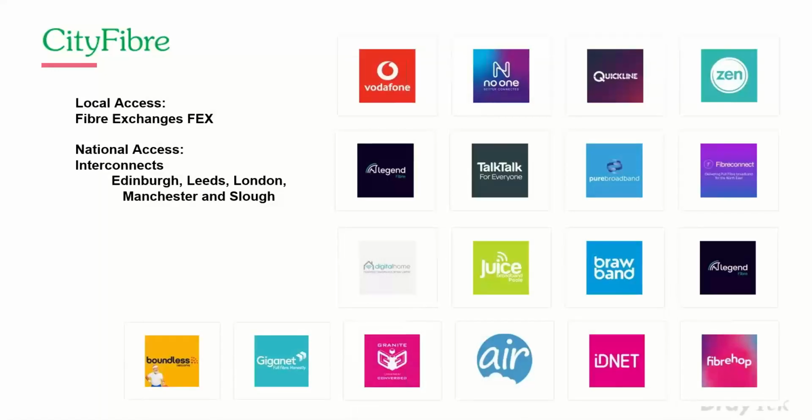And they have a model where they act as the network operator but don't act as the ISP. So what they do is partner with ISPs. I think they've got around 30 consumer ISPs that they've partnered with, and they offer two different ways that the ISP can connect. Either through local access, where the ISP would have some presence in the local fibre exchanges that CityFibre roll out as part of their rollout plans, or alternatively, they can also provide some kind of